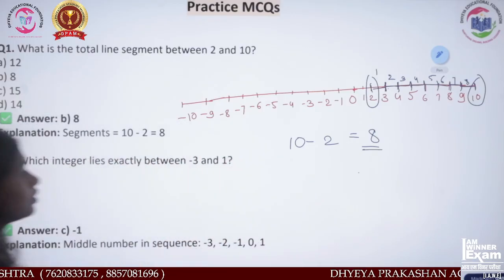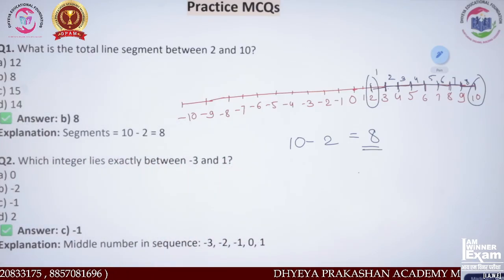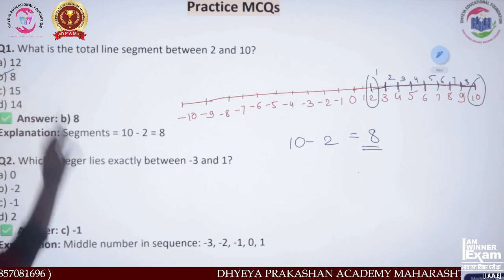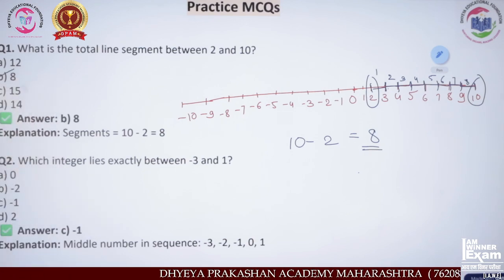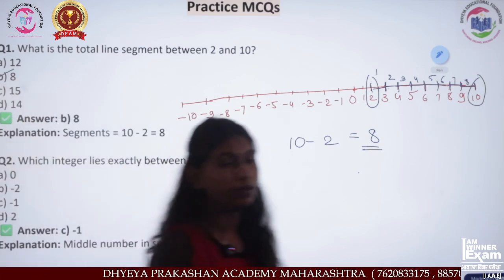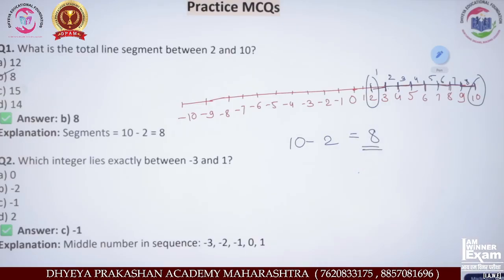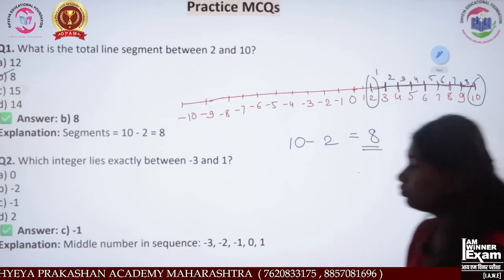So what will be the answer here? That is 8. Now where is 8? On the B. So option B will be your correct answer. Option B will be your correct answer. Okay. Then